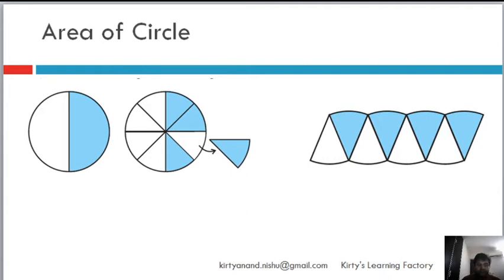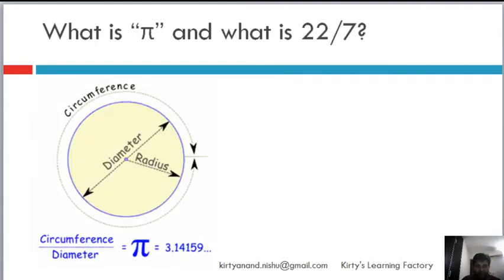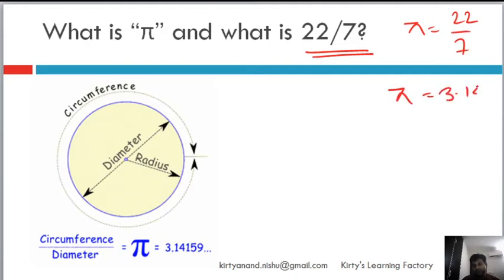Now let's talk about the area of a circle. First of all, before I get into the area of a circle, I really wanted to discuss pi, the concept of pi. I think it is one of those things which is really important to know. Generally in maths books you will see that pi is equal to 22/7 or pi is equal to 3.14, which is basically nothing but, as we divide 22 by 7, we get 3.142, and it goes on, and then it continues to recur.